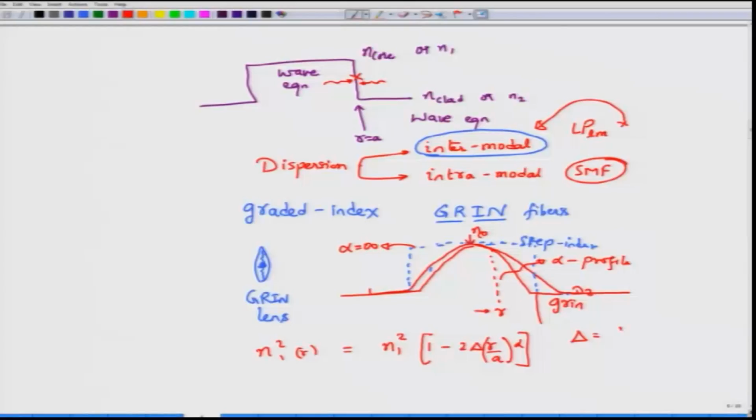Delta is what we have defined earlier, or maybe we will define it slightly differently in this case, as n core square minus n clad square divided by 2 n core square. This can be approximated as well, which we do not need to worry about. The question is,